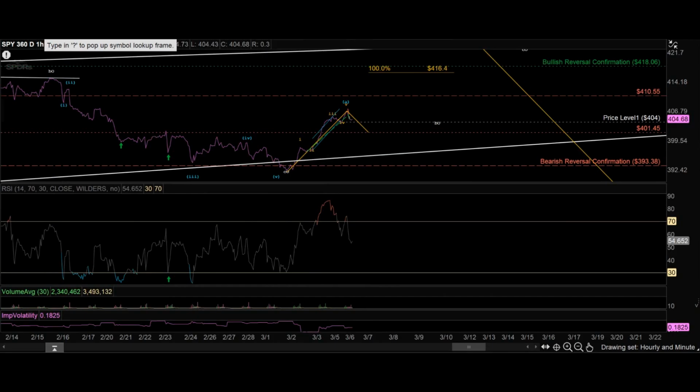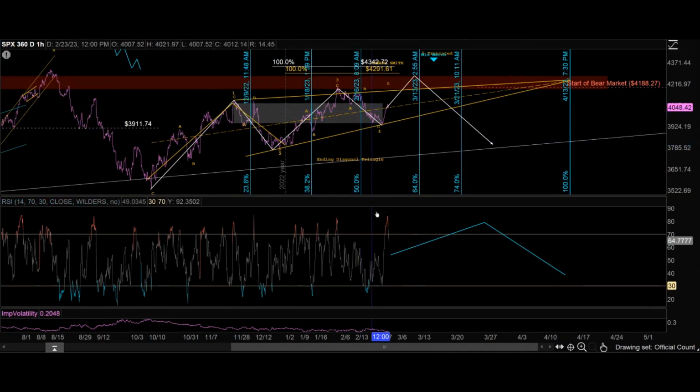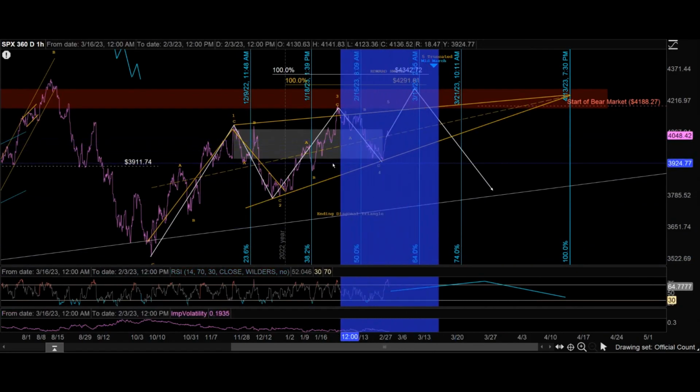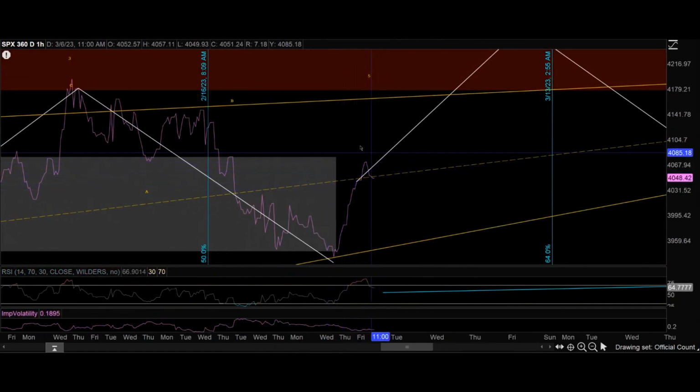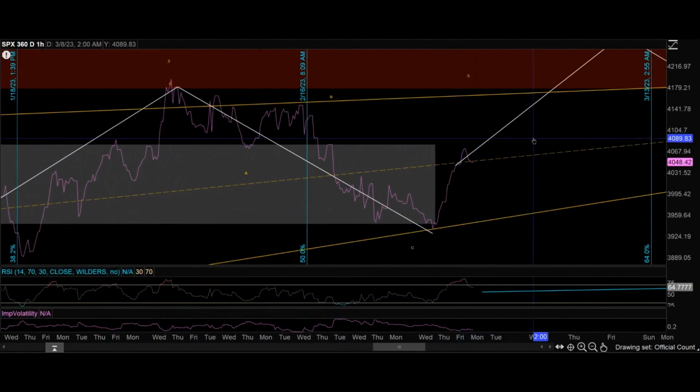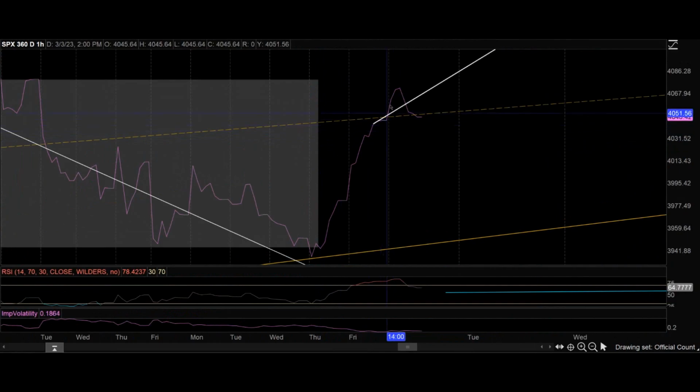Let's go look at SPX. This is where I actually show the analysis for that ending diagonal triangle. The price reaching and turning down towards the median line of the triangle is not very surprising to me at all. Today I tried to play some puts, but unfortunately I mistimed and ended up holding way too long,